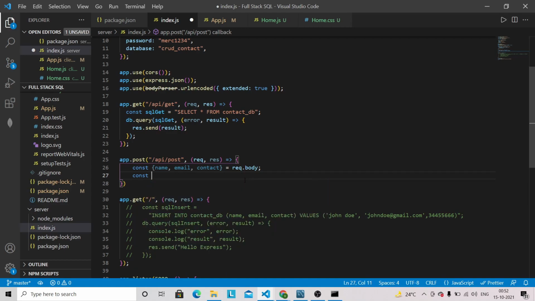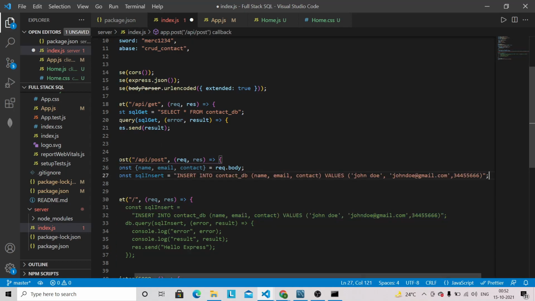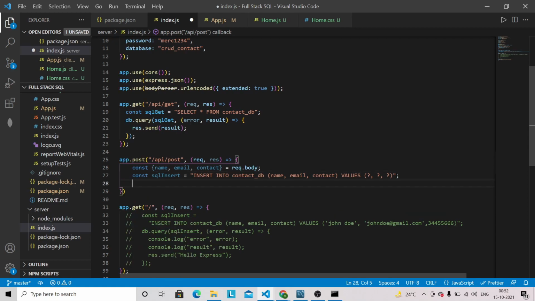Here first we need to define that SQL query. So SQL insert, then we can just copy this one entire thing and we can paste it here, but this time we don't have to do it this way. We have to just put question mark. Okay, so everything is correct now. Contact DB, we have the table name, email, contact and values,